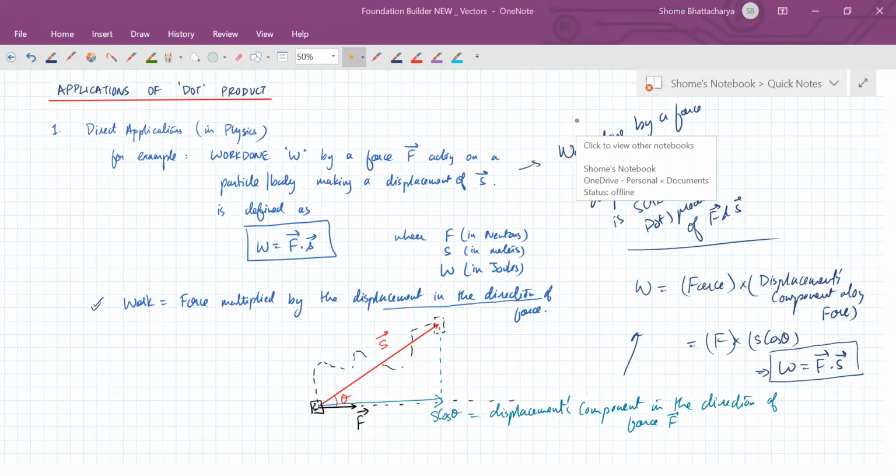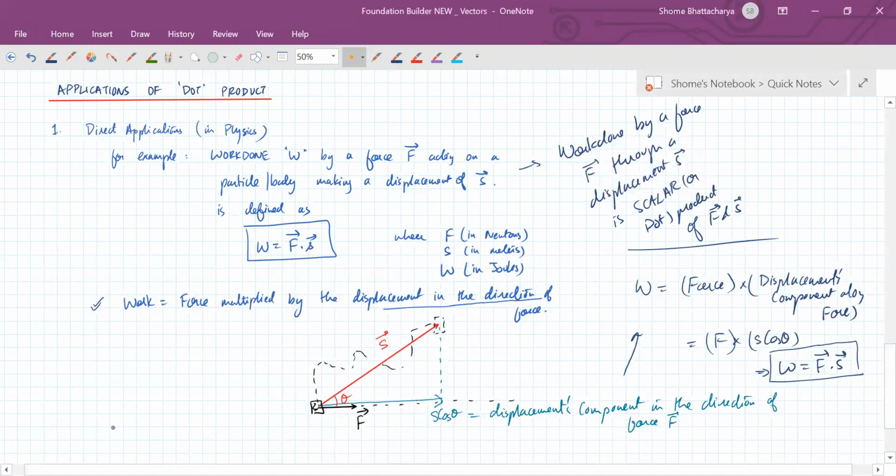Yeah, so in the diagram, the displacement of the body is nothing but the line joining the initial position with the final position. So suppose my body has moved along some kind of path like this, some arbitrary path, and reached here. So what is my initial position? This is my initial position. What is my final position? This is the final. So what will be the displacement vector? The displacement vector will be this, the vector joining them.